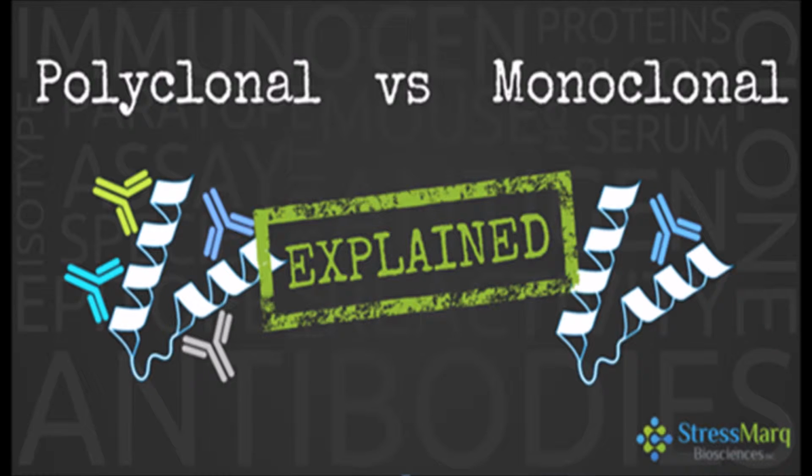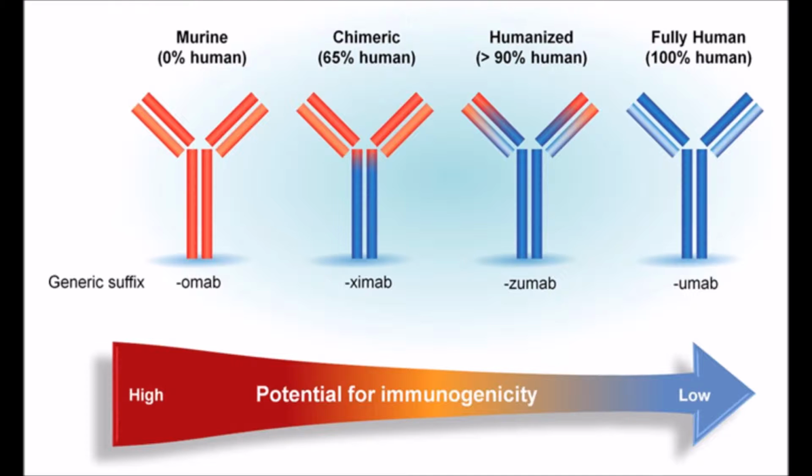Also, we have to know the difference between polyclonal antibodies and monoclonal antibodies. While polyclonal antibodies are inexpensive, quick to produce, and generate large amounts of non-specific antibodies, monoclonal antibodies are expensive, take a long time to produce, and generate large amounts of specific antibodies. Monoclonal antibodies are better than polyclonal antibodies due to specificity of binding, homogeneity, and their ability to be produced in